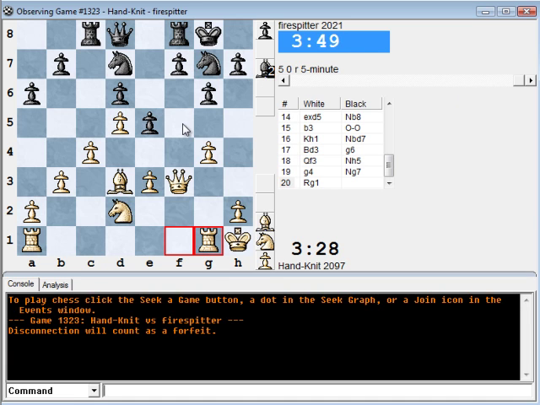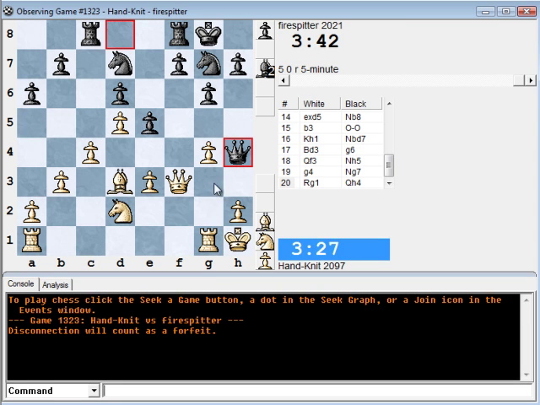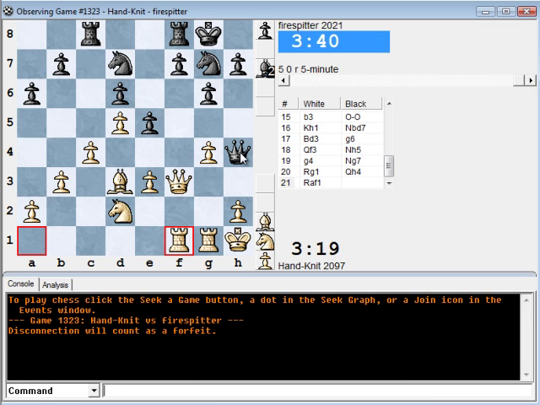For example, if black plays F5 here, then white can actually take on F5. After G takes F5, then bishop takes F5 is possible because of the pin on the rook. Pin on the knight, I mean. So therefore black doesn't play F5 right away, and instead plays Queen H4, which is a very interesting move, because